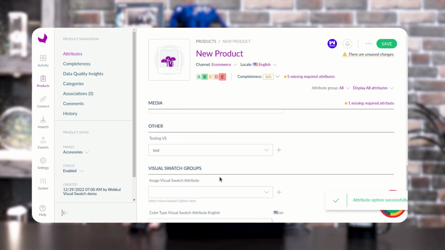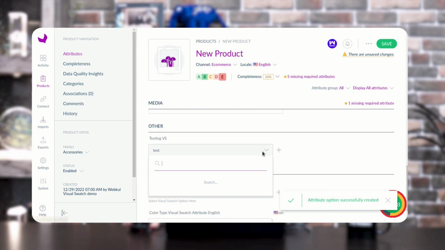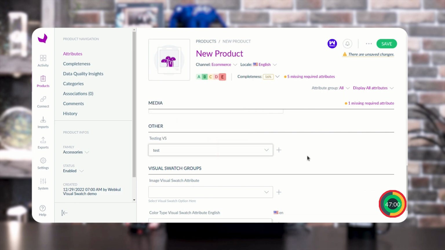Now you can see again a pop-up arrives along with attribute option successfully created. Now you can check the created option here. As I have created the current option, that is test, you can check the same in the previously created visual switches options as well.